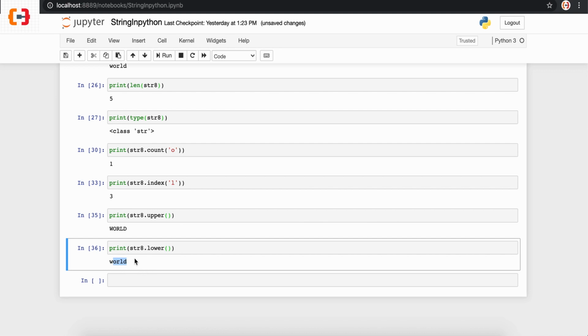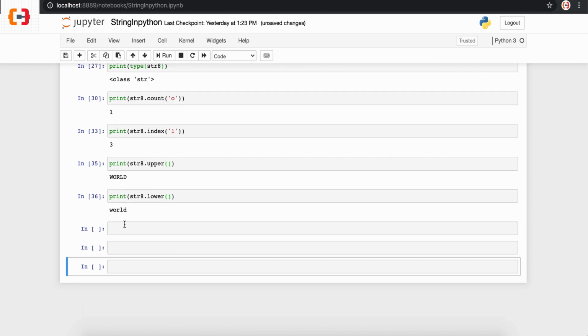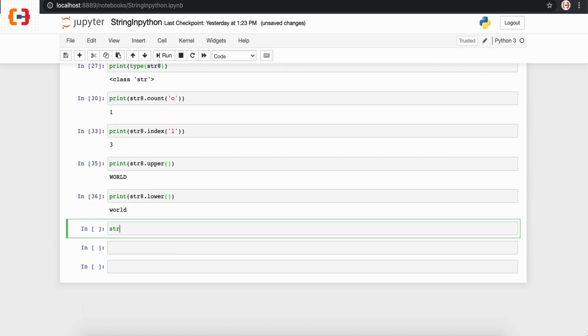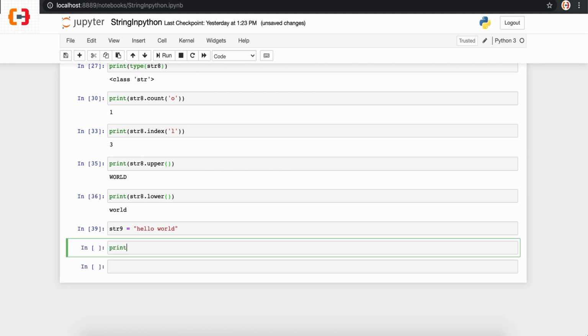Now let's try to understand some more examples. Create a variable string 9 and assign a value hello world to this variable. Let's execute this command. Now if I want to check whether a string starts with hello, we can use the function startswith.